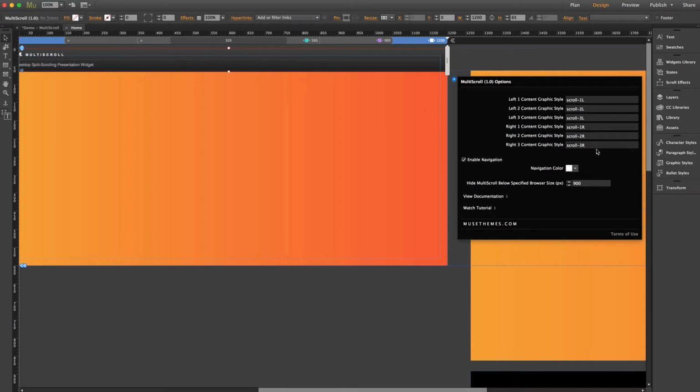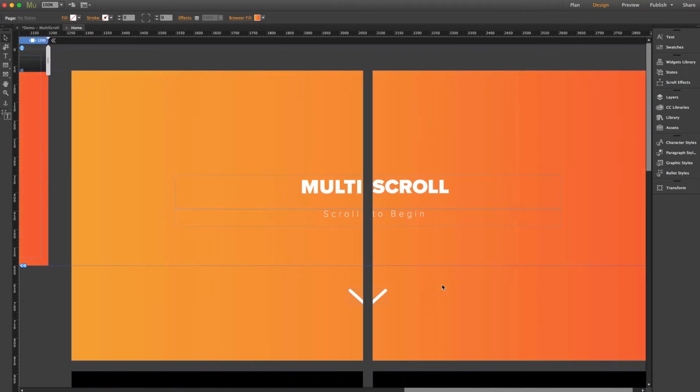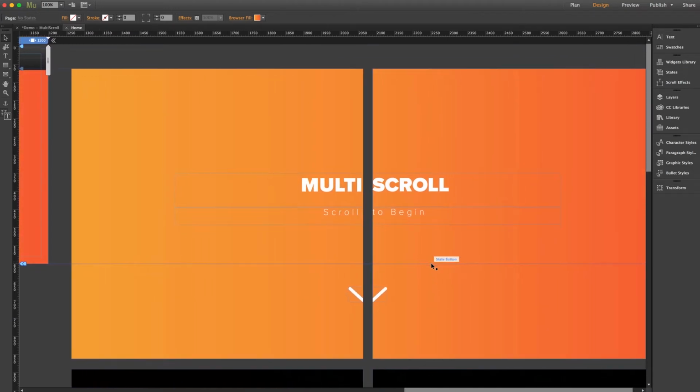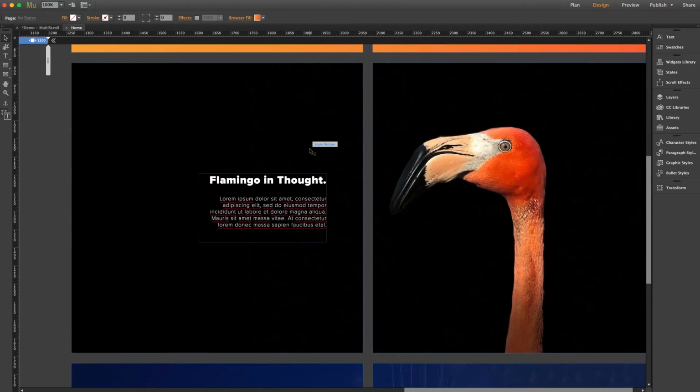Now we can see here that this allots for 3 total full screen panels, 3 left panels and 3 right panels. And they're constructed with, you guessed it, state buttons. So let's close out of this and shift our page to the side a little bit. So just from looking at this layout, you can probably get a pretty good idea as to what's required here. We're working with a separate state button for each half of the panel,